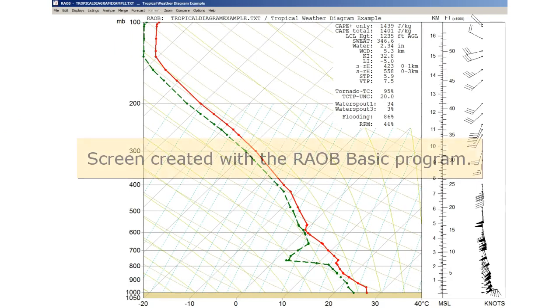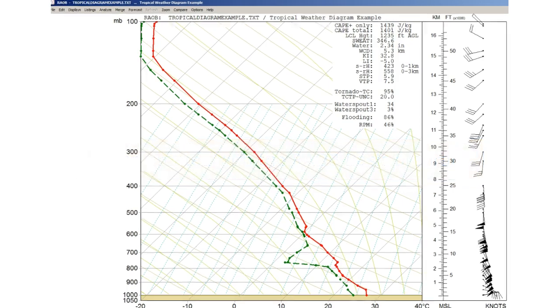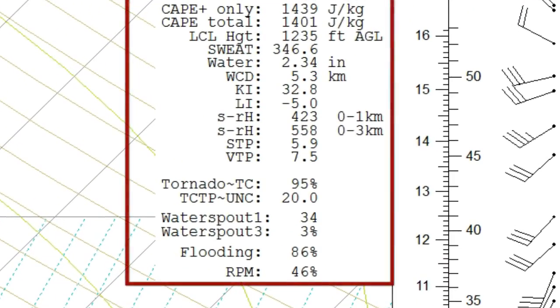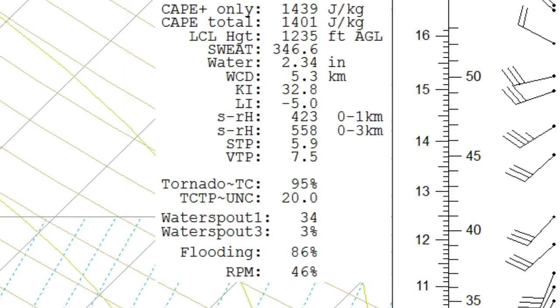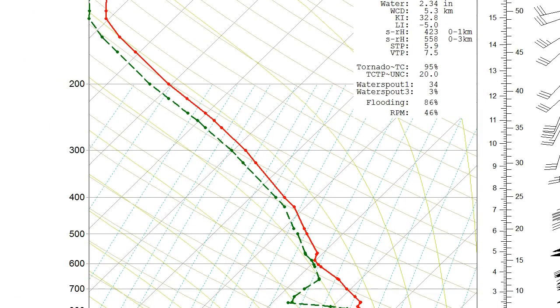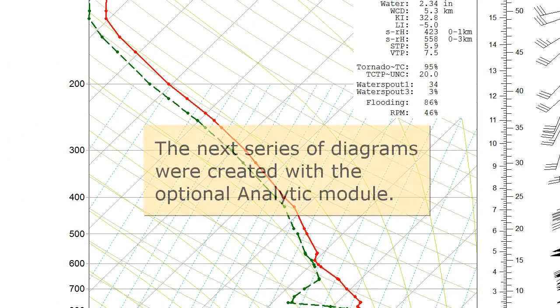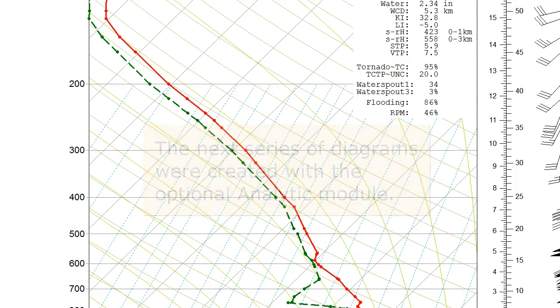We have opened the sample sounding with the standard SKUT diagram view, and in the upper right corner is a custom data display of common environmental parameters often relevant to tropical and subtropical climates. These parameters are observed with the basic RAOB program, but only in the numerical and text output listings. However, using the optional analytic module, these environmental parameters can be better visualized and graphically analyzed using the tropical weather